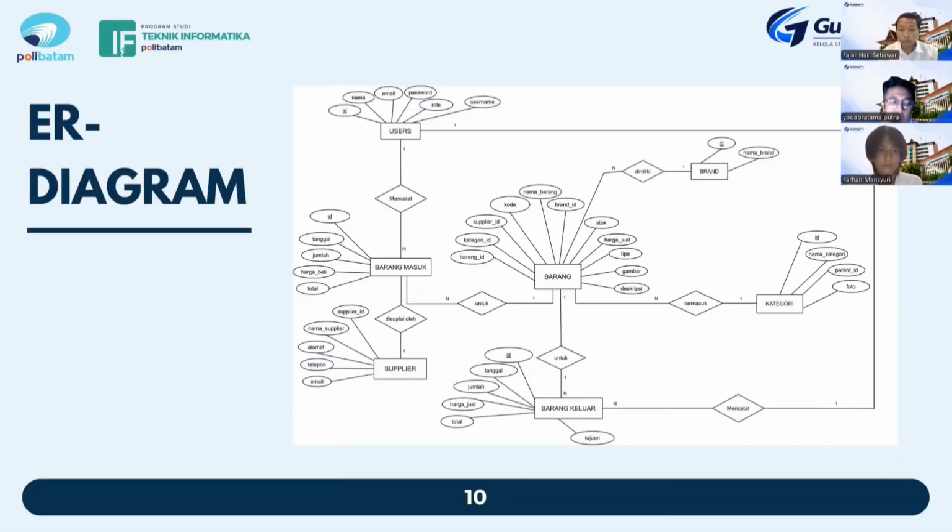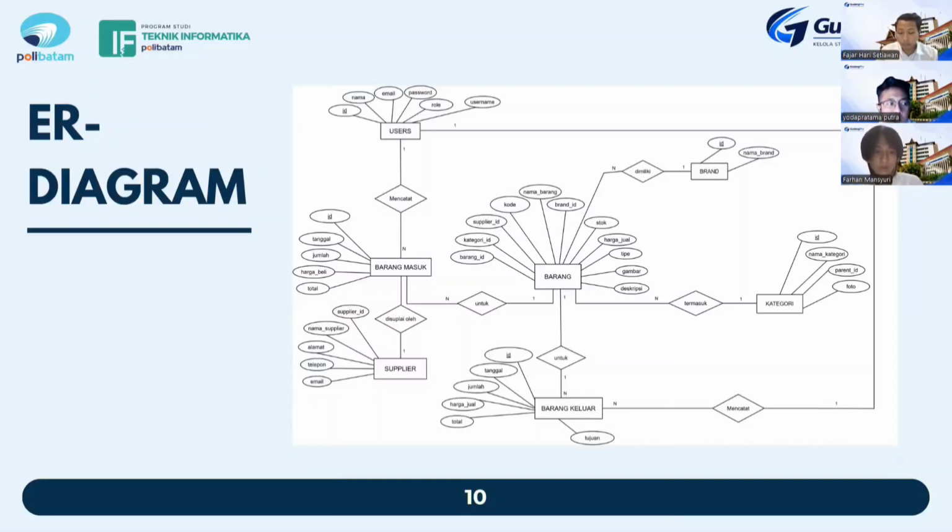On this slide, you can see the entity relationship diagram, or ER diagram, of the Gudang Pro system. The ER diagram illustrates the database structure and the relationships between tables. The main entities are users, items, categories, brands, suppliers, incoming goods, and outgoing goods.